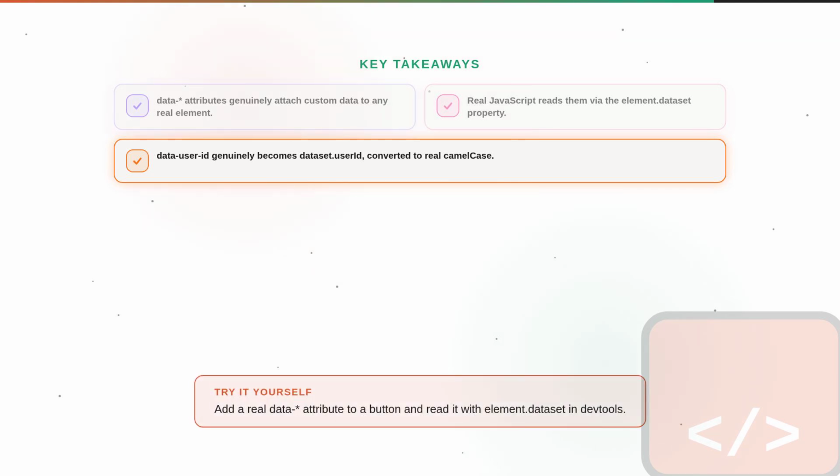Add a data-* attribute to a button and read it with element.dataset in